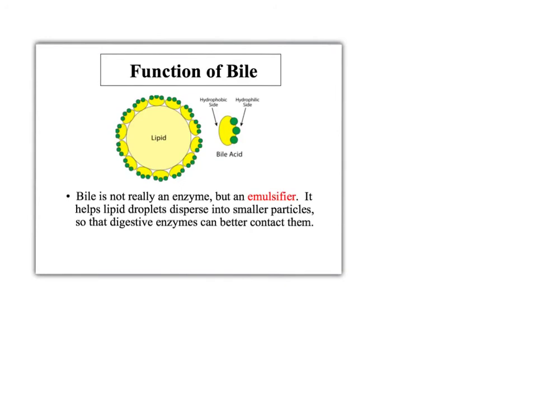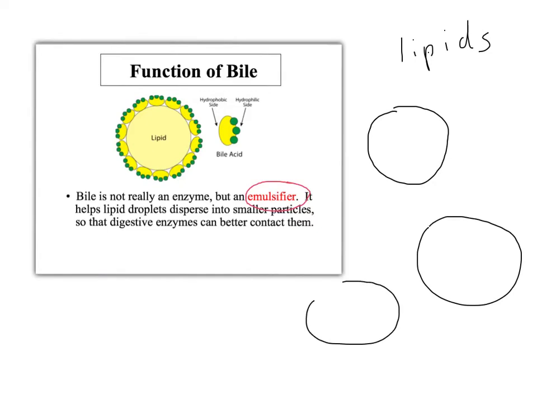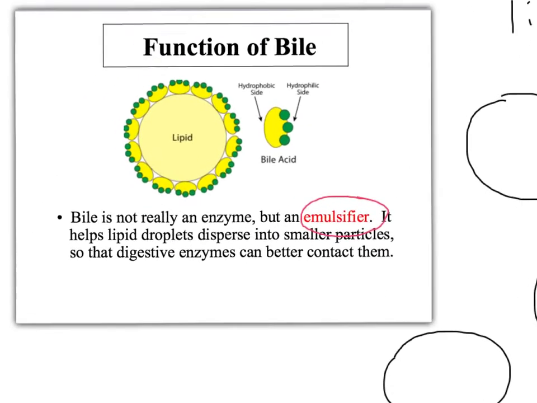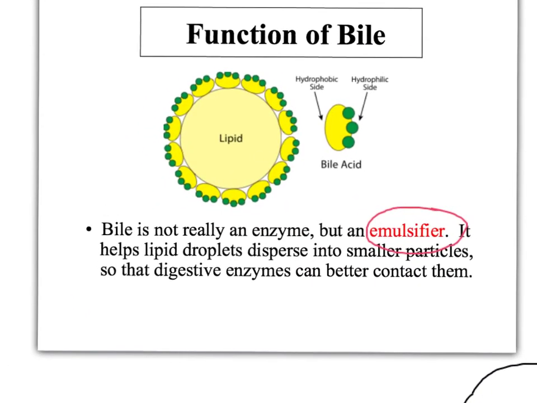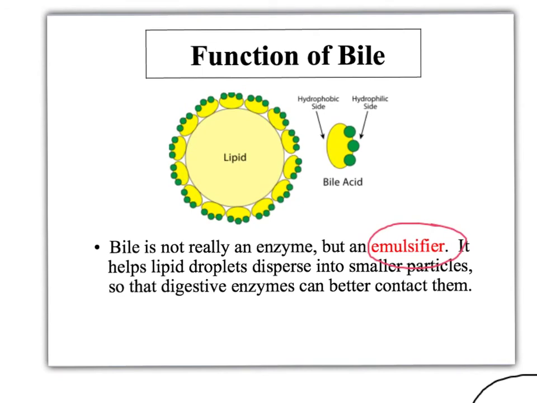Bile is not an enzyme, so it's not really in your list of 11 digestive enzymes, but bile is really important as an emulsifier. So if you imagine when you eat a lot of fatty foods, a lot of lipids, we all know that oil and water don't mix, and so lipids will tend to accumulate into really large droplets in your body and in your digestive system. So what bile does is it actually takes those large droplets of lipids and makes the lipids form smaller droplets,